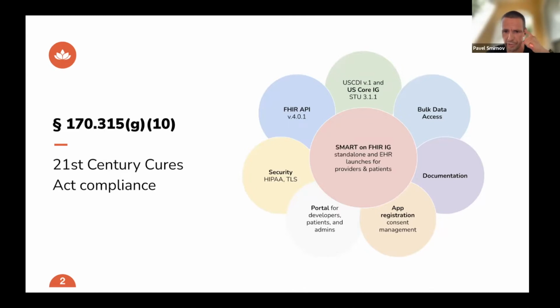One launch is a standalone launch when the application is run outside of the EHR system. And also you need to enable EHR launch when applications are started within the EHR system. Besides that, you need to enable bulk data access. So you need to implement the bulk data export specification, FHIR, and